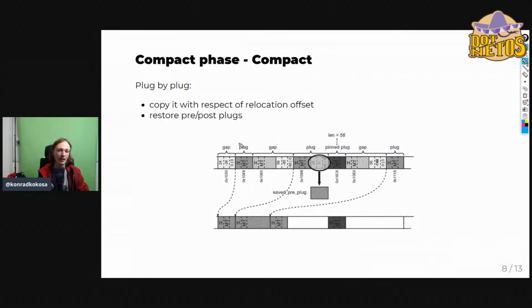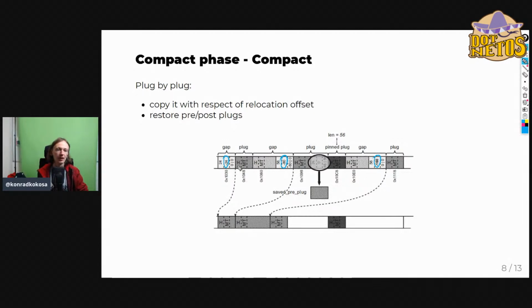So we have a plug, and for every plug there is this gap plug pair info. Every plug has information calculated during the plan phase. What's its relocation address? So for every plug we have this information, and then we simply go plug by plug and